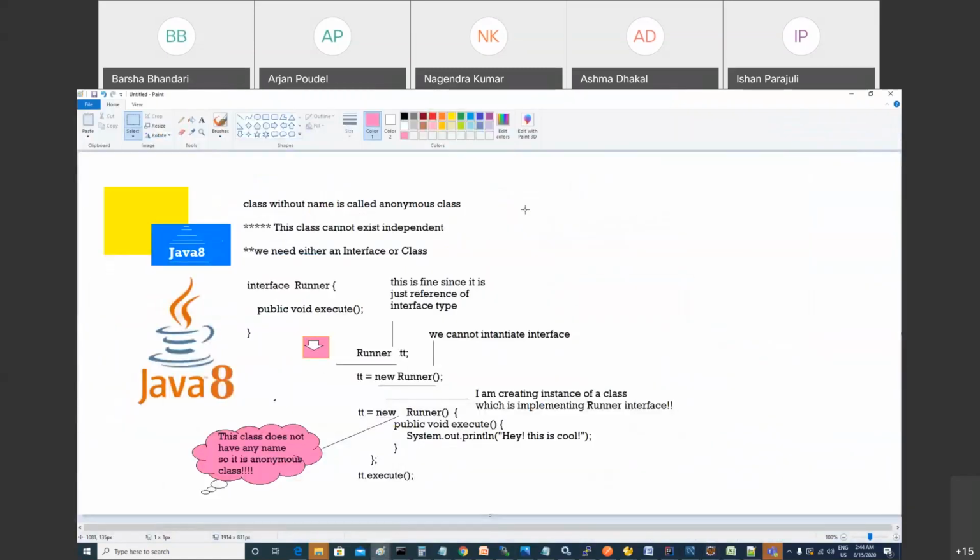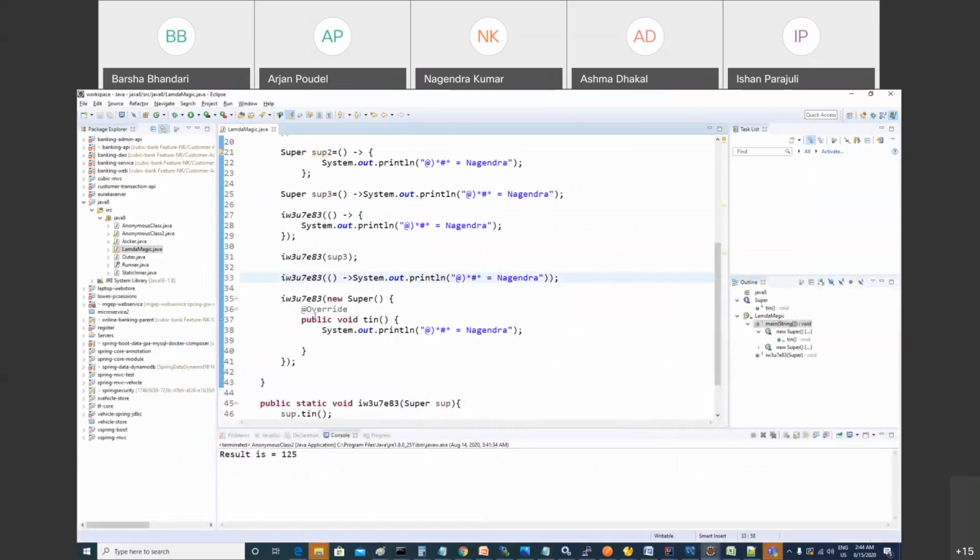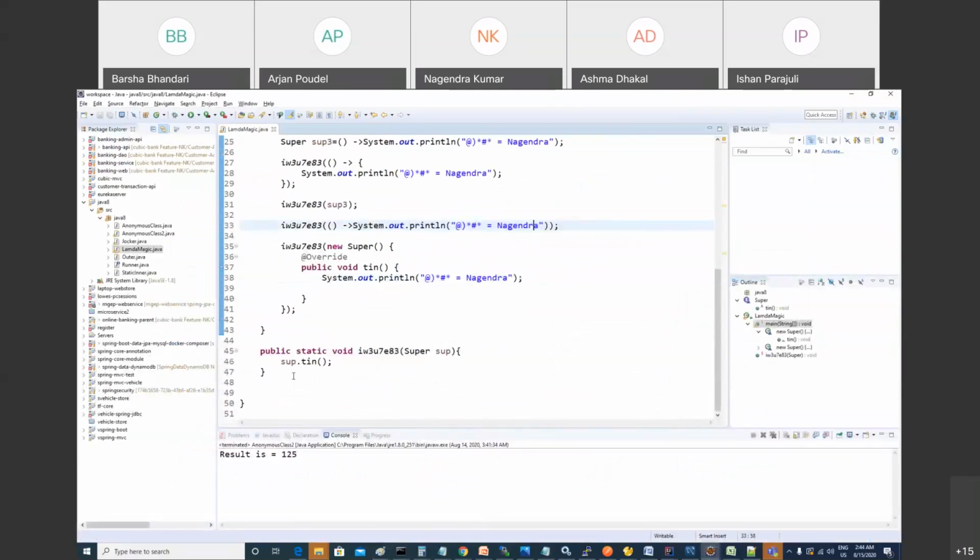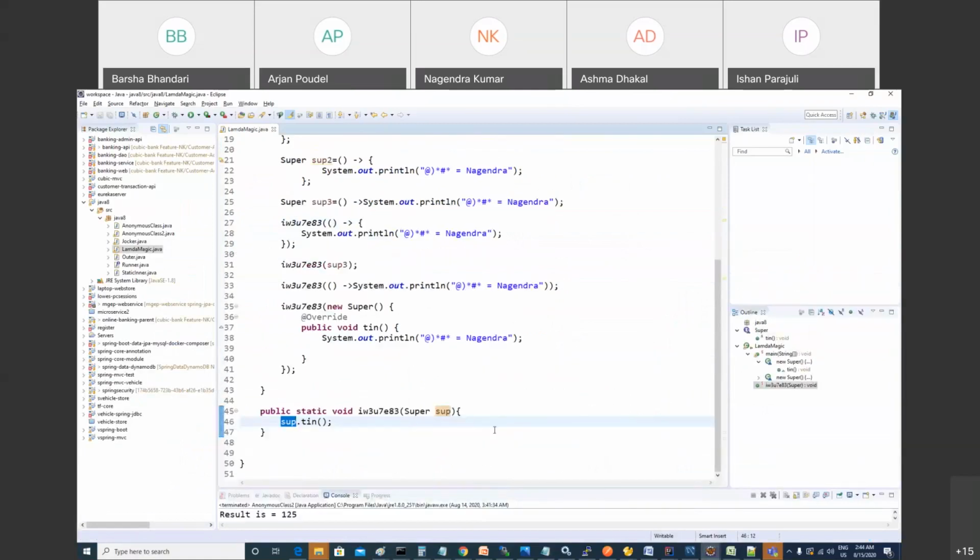Sir, in line number 46, can you please explain what we could do if we didn't want to use the tin method, and instead wanted to use the lambda expression? Here, when you call this tin, the tin is going to soup, and it's saying who is calling me, which class definition I have. So this tin is going to point to the method definition, right? In this case, this tin is pointing to this. In this, tin is pointing to lambda, right?